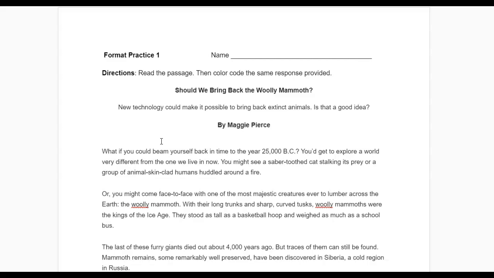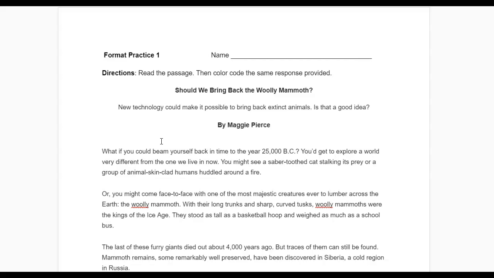Think about it as if you were an athlete. Every time you go to practice, the whole purpose of practicing is so that you can show up and you can do well on game day. This activity and the activities that we're going to do moving forward when we do our writers' workshops are just like practicing for the game day, which is the test that we're going to take at the end of the year. So let's jump into this and get started.